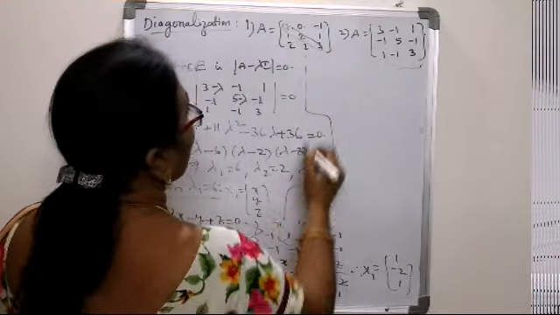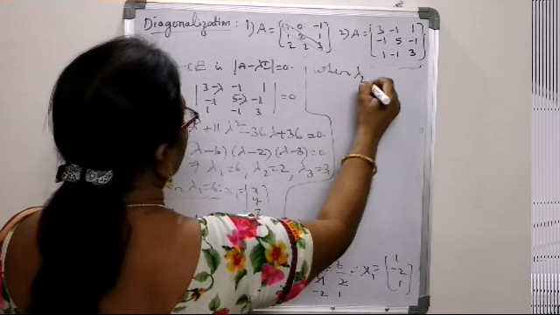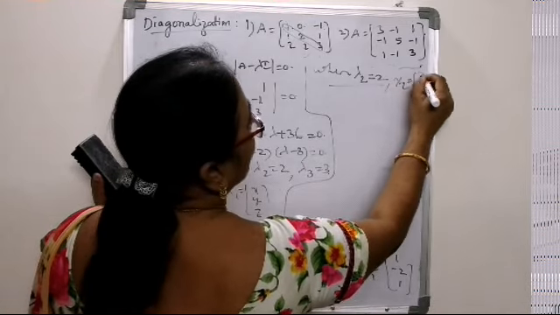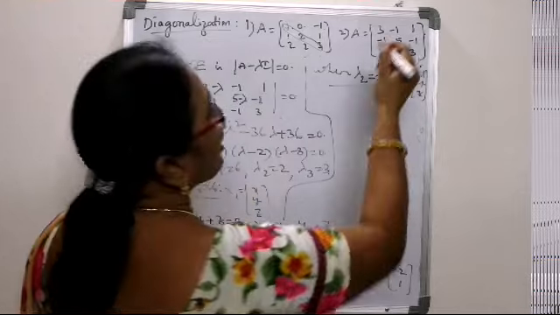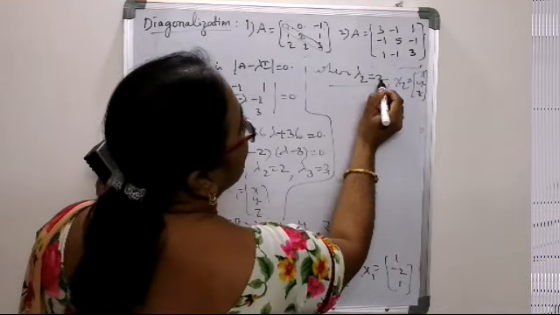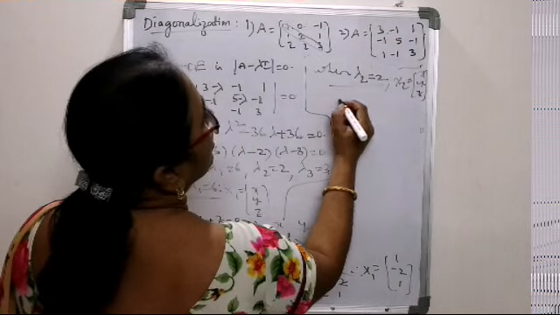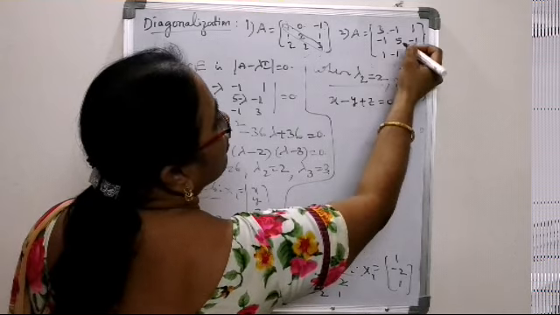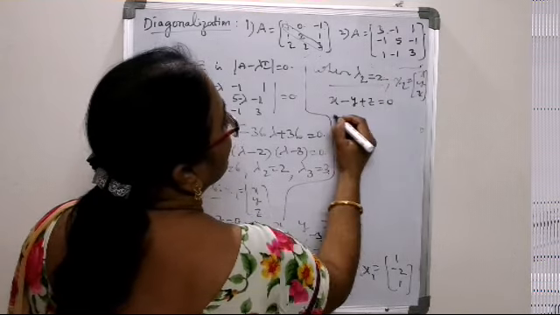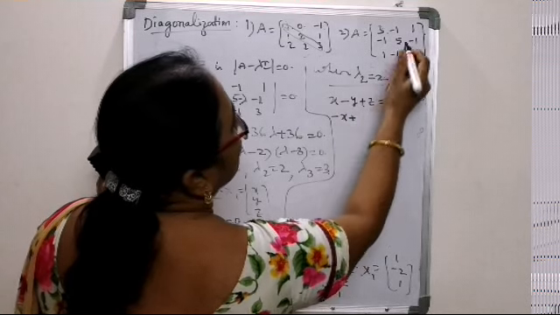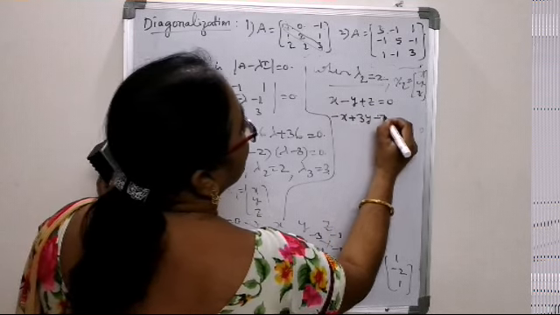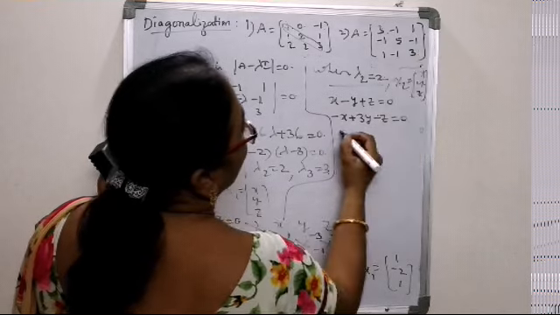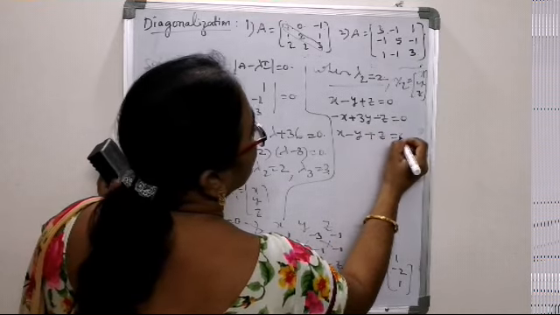Now similarly, let us solve for the eigenvector corresponding to lambda 2 equal to 2. Suppose that the eigenvector is X2 equal to the column x, y, z. The corresponding homogeneous system is the eigenvalue 2 subtracted from the first diagonal, 3 minus 2. We get 1 into x minus y plus z equal to 0. From the next row, 2 subtracted from the diagonal 5, so minus 1 into x plus 3y minus 1 into z equal to 0. From the last row, 2 subtracted from the third diagonal, we have x minus y plus z equal to 0.